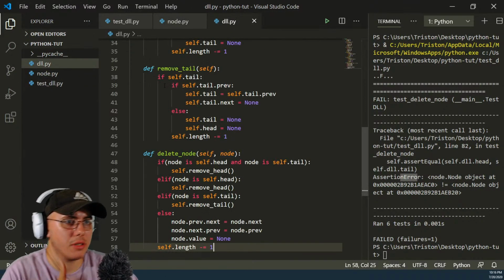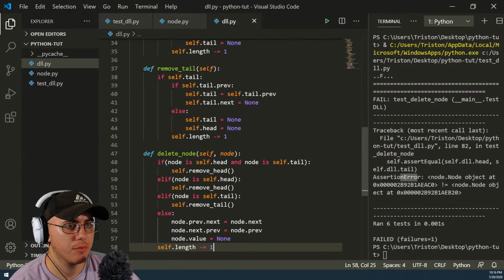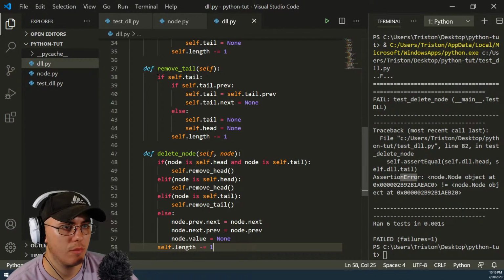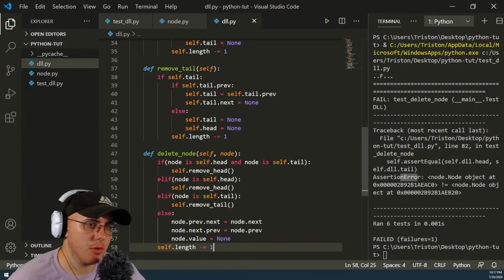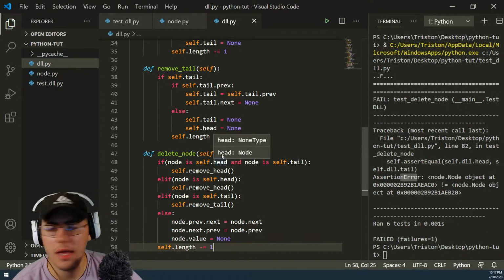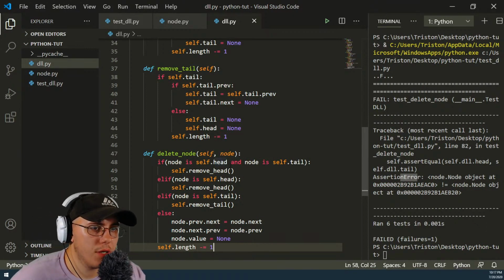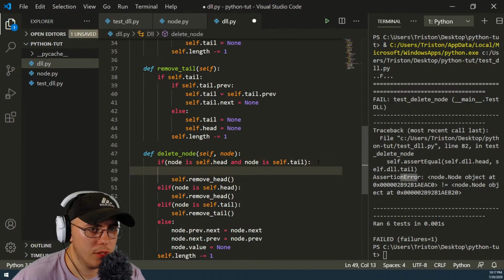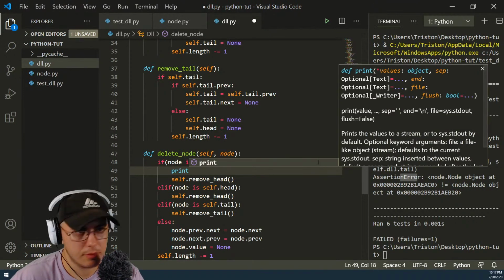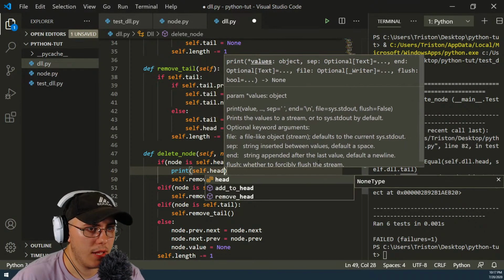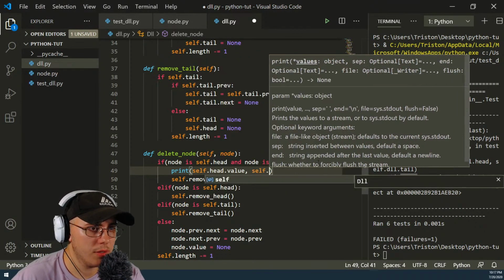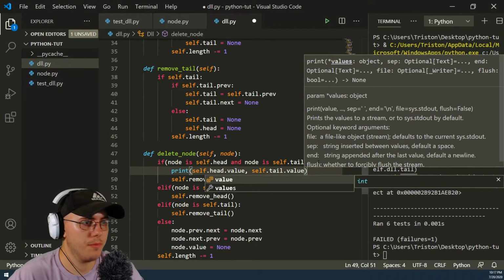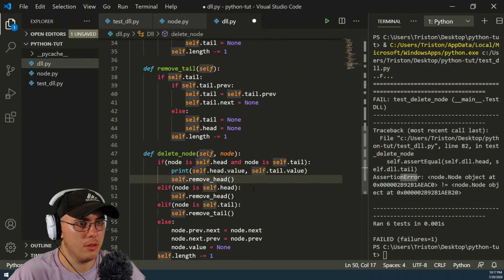See if we can debug this. Let's see, delete node. If node is the head and the tail, remove. So let's print self.head.value, self.tail.value. This one,